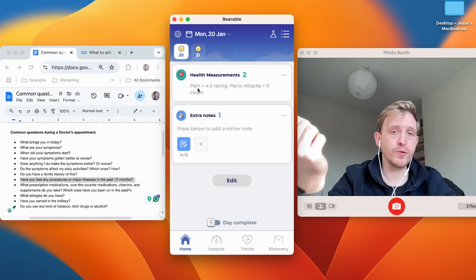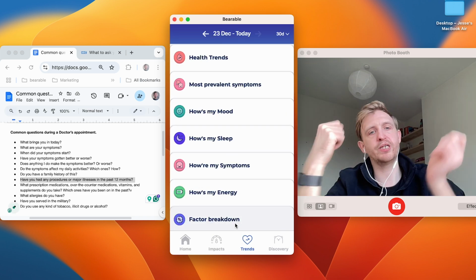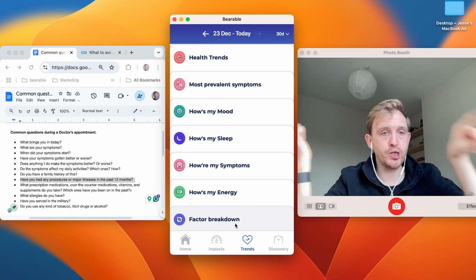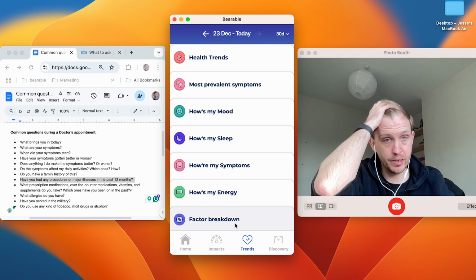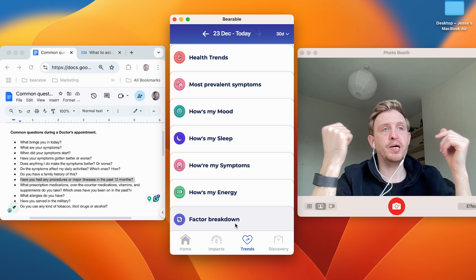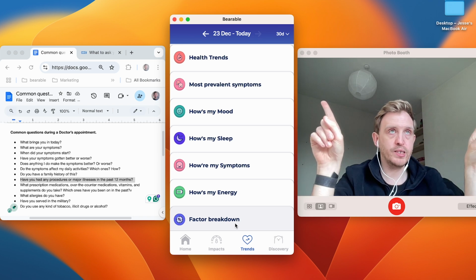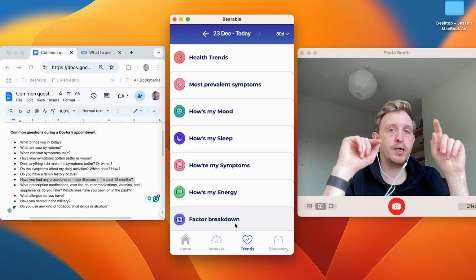The other place you can view these is if you go to the impacts tab or the trends tab. You can rotate your device to landscape mode. You'll be shown a new graph. I can't screen record it because it doesn't work that way on the laptop. But that will basically let you see your significant events plotted along the x-axis on the date they occurred.